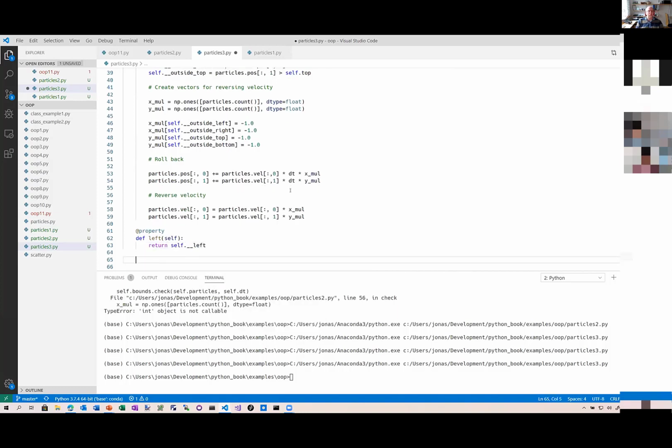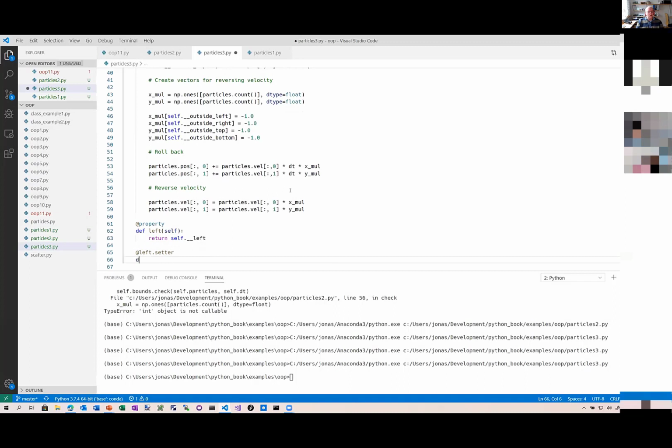By using this, you can use the left method. There is a property called left, which you can use exactly the same way as you did with the internal attribute. And you can also do left.setter, which will also create a